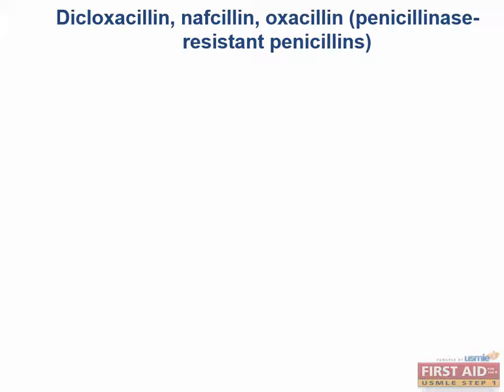Now let's talk about the next class of penicillins, called the penicillinase-resistant penicillins. Basically, this means that these drugs are resistant to the beta-lactamases. The drugs in this class include dicloxacillin, nafcillin, and oxacillin, and methicillin, although it is not listed here because it's not commonly used anymore. In comparison to the beta-lactamase-sensitive penicillins, such as the ones we just talked about,